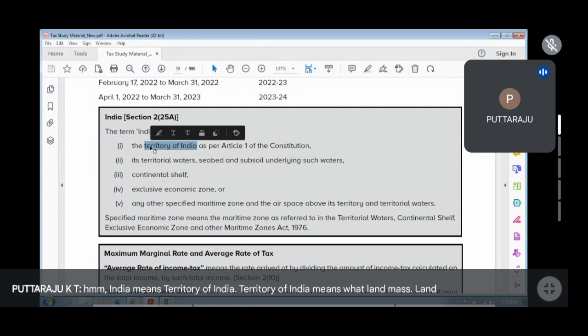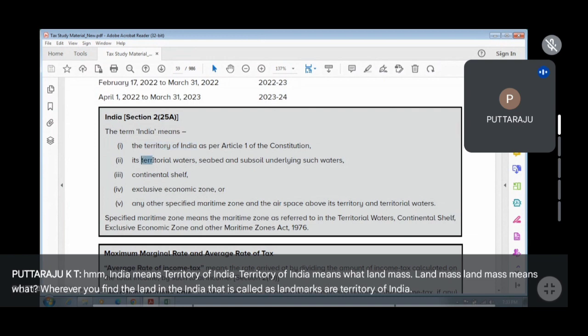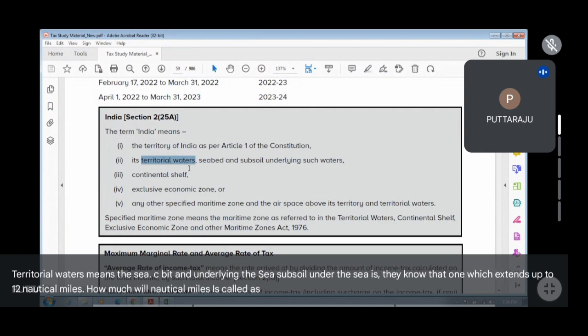Land mass means wherever you find land in India, that is called land mass or territory of India, and its territorial waters. Territorial waters means the sea, seabed, and the subsoil under the sea, which extends up to 12 nautical miles. How much? 12 nautical miles is called as India. That means India means,